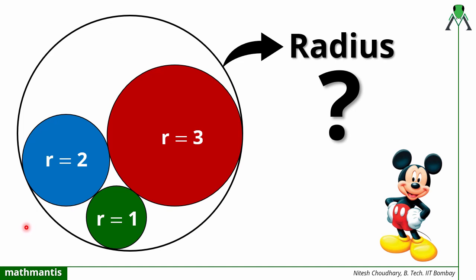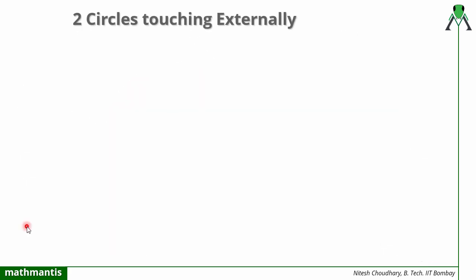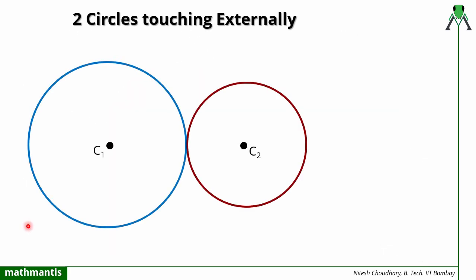To solve this problem, I will use the properties of circles touching each other internally as well as externally. So let me first tell you what the properties are. Two circles, if they touch each other externally, as shown in this figure, with center C1 and center C2, are touching at point P. At this point P, if I draw a line, that will be tangent to both circles. If I join C1P, that will be equal to radius R1 of the circle and this will be perpendicular. That is the property of tangent. And the same is the case joining C2P. That will be perpendicular, and the distance will be equal to R2.